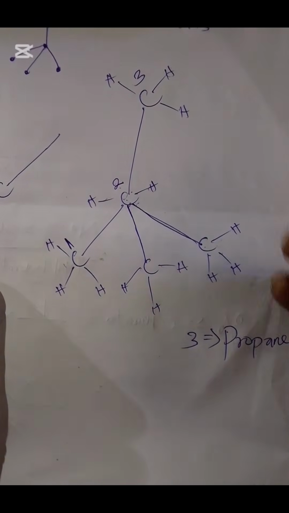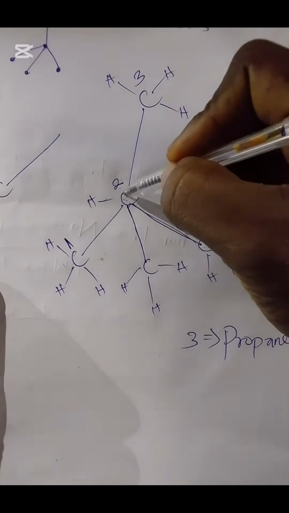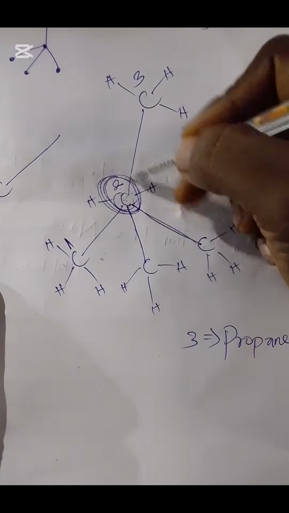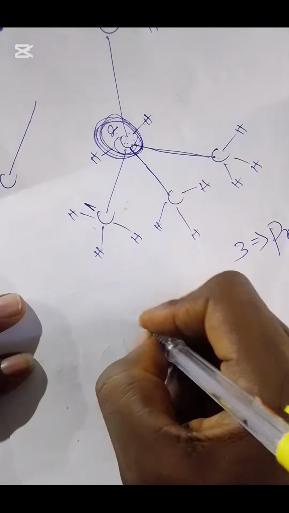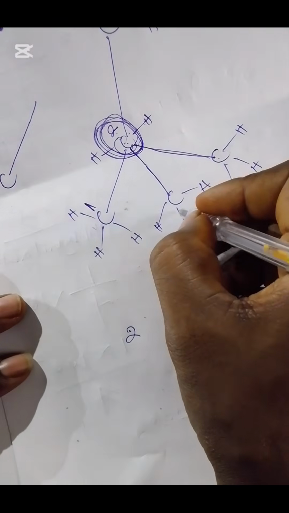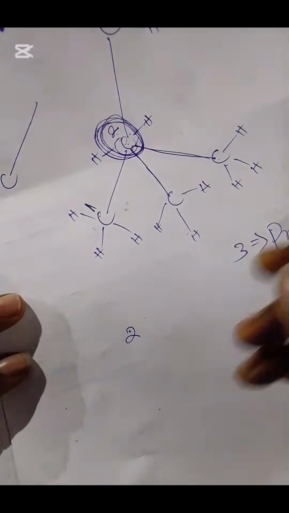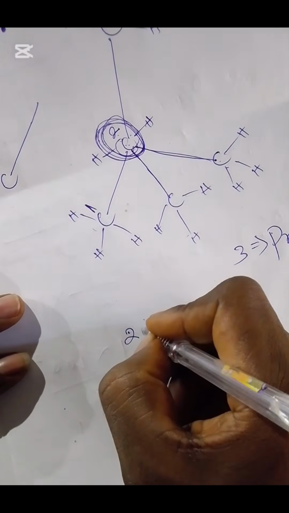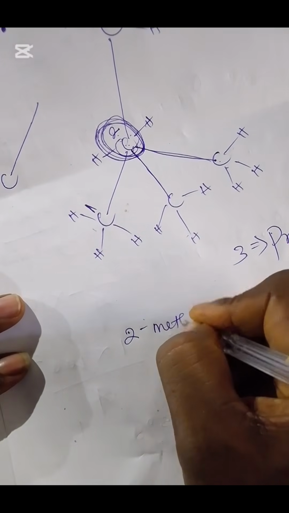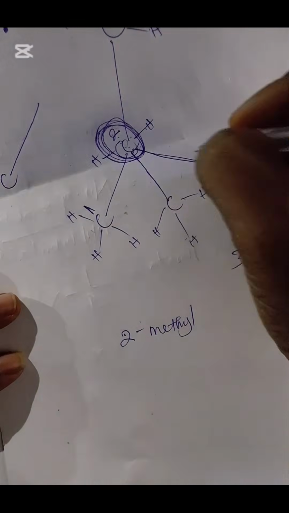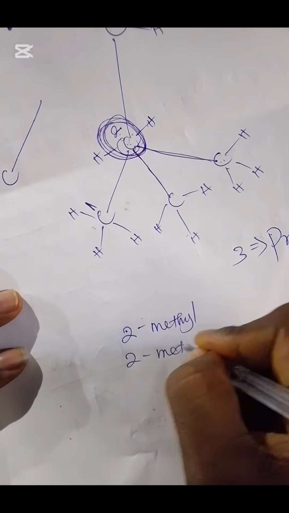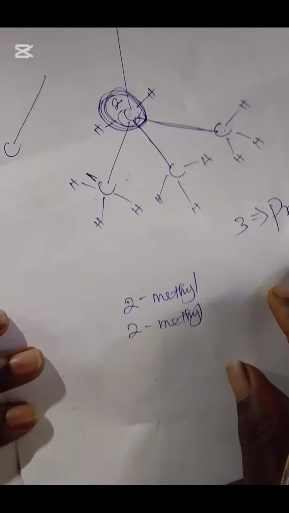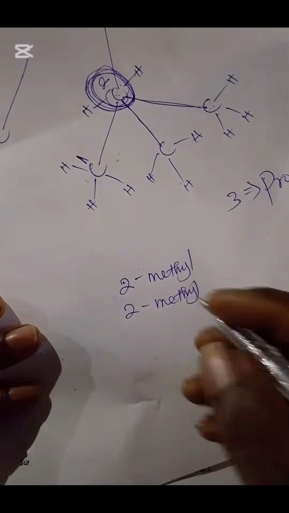The position of this methane is on the second carbon atom, that gives 2 methyl, an alkyl group. So we have 2 methyl. Then we also have 2 methyl here. So the name of this compound becomes